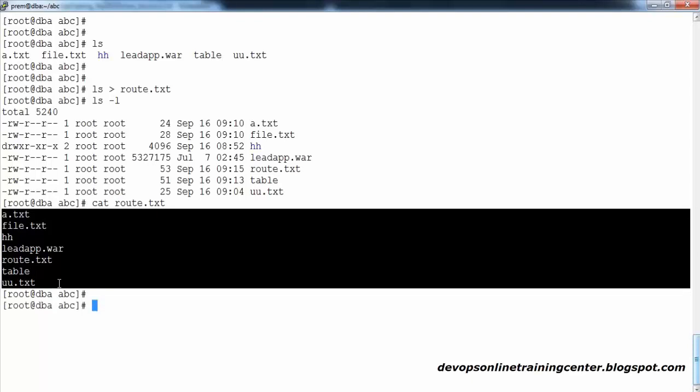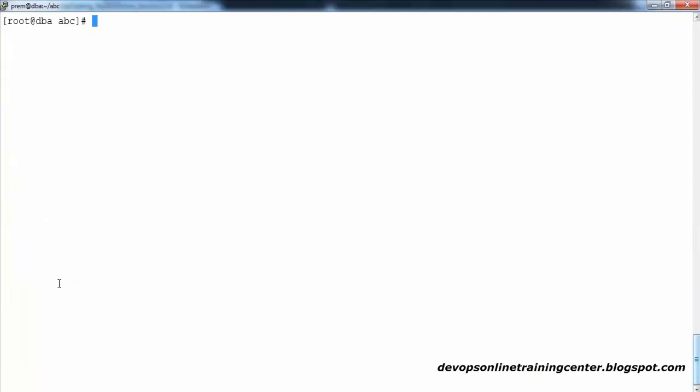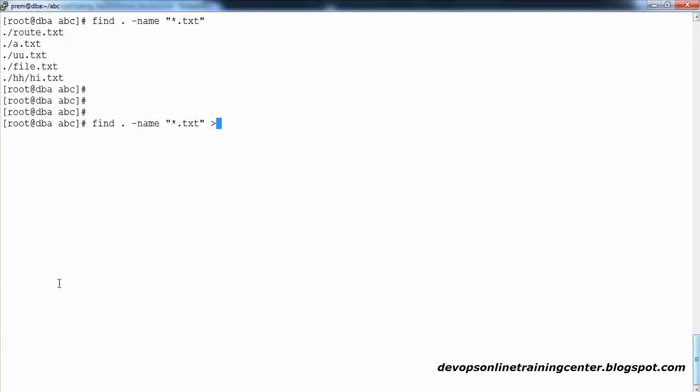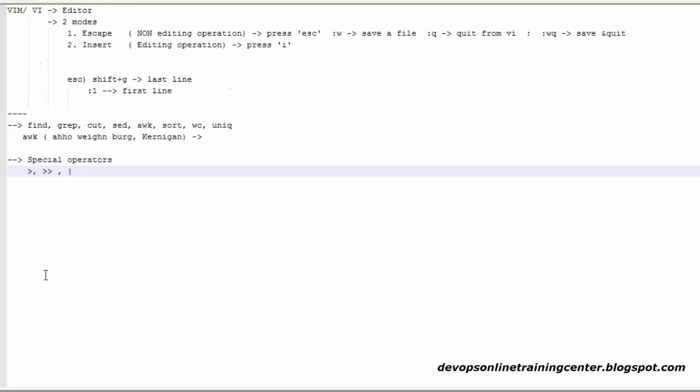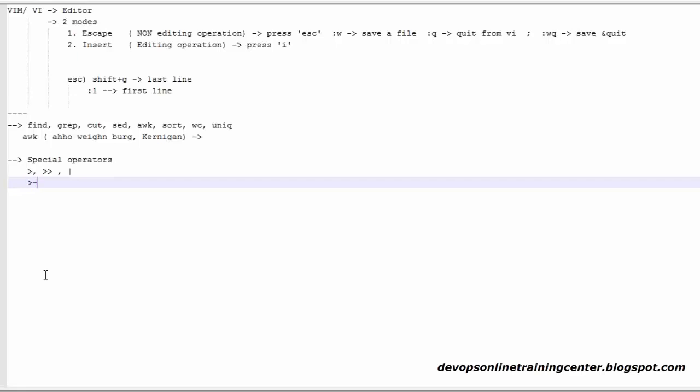Similarly, it's not only about the ls command; you can run anything. Say I want to find the list of text files in the current directory, so *.txt. You can see this is all console output, right? Now I don't want this output on the console, I want to route it to root.txt. Now look at root.txt. It has this content, the console output. So this is called a redirection operator. The console output will be redirected to a file.